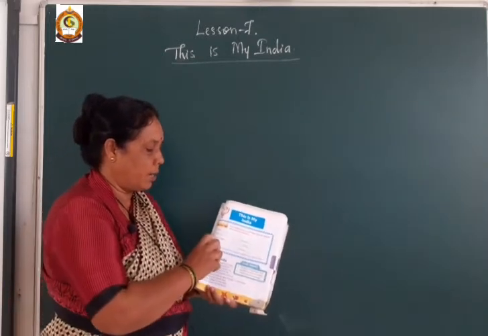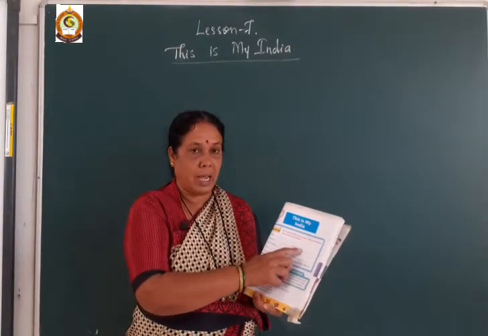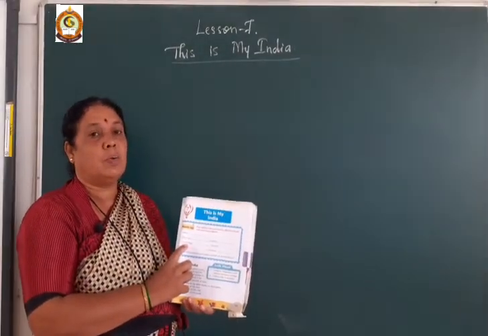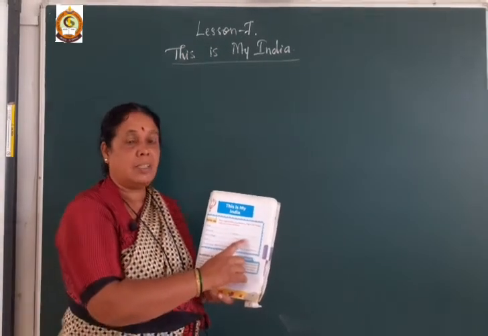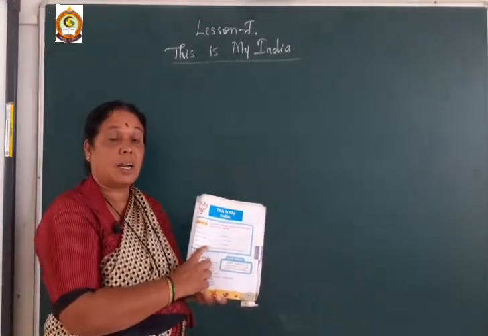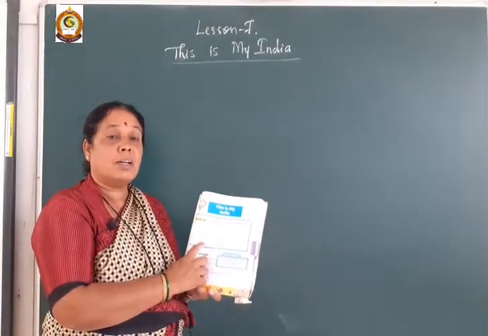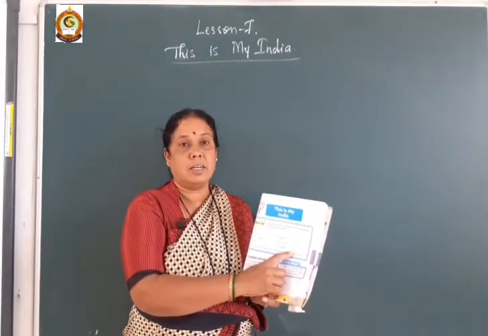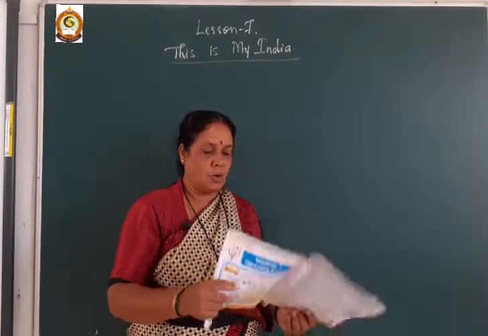So dear student, I will tell you about this. You should write your name, house name and locality, means which area you are living. And dear student, village or town is, we are living in Chikkodi. So you should write here Chikkodi. District is Belgaum. We are living in Belgaum district. And our state is Karnataka. Okay, you should complete this. We are living in state Karnataka. And which is our country? India. Understand dear student? So this should be completed by you. This is the homework for you.